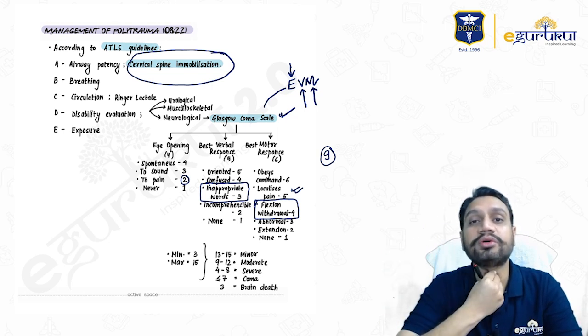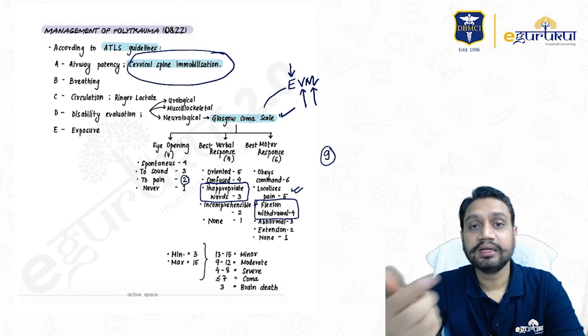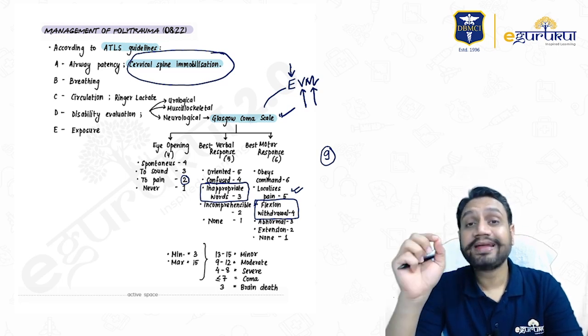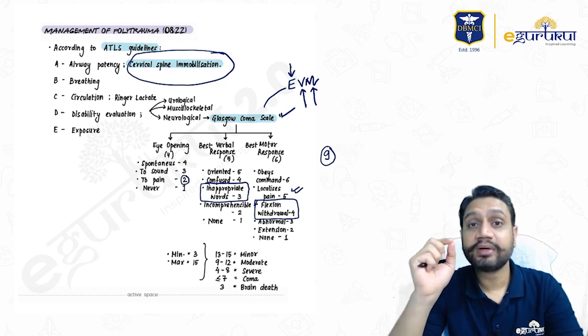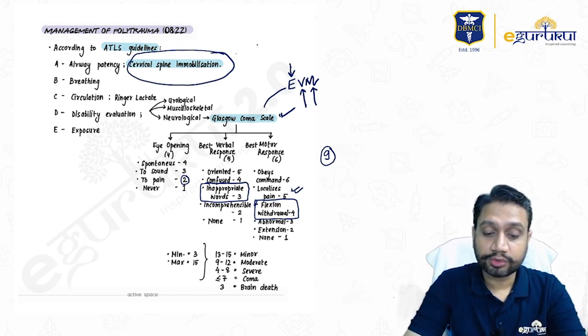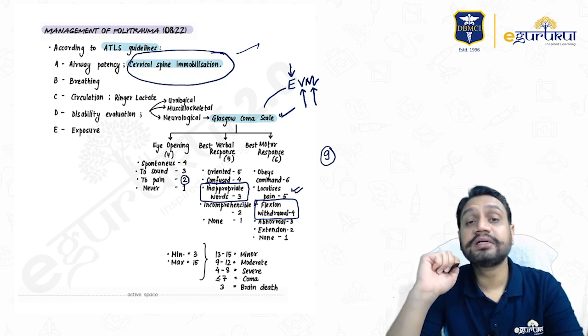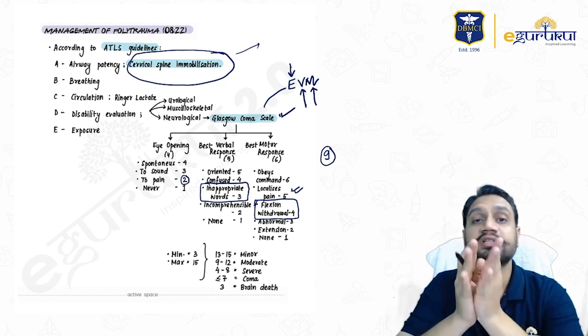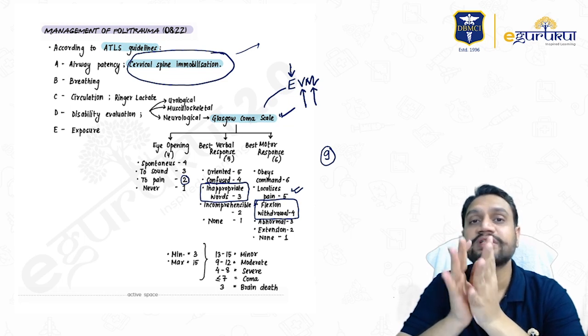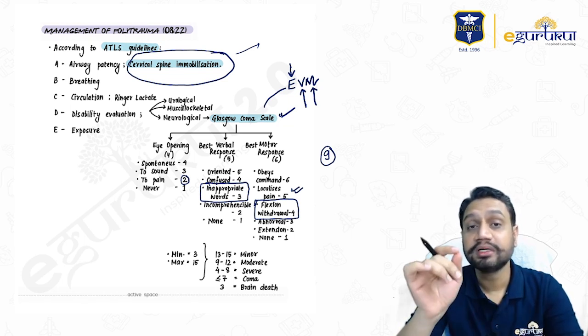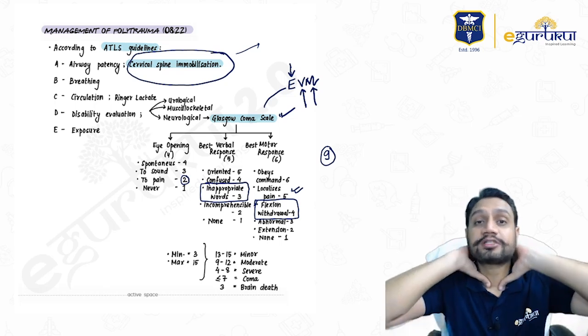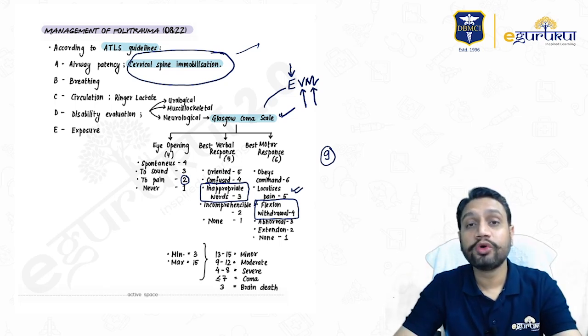If my airway is choked, I cannot speak. Simple. So airway with cervical spine immobilization. Remember, it's a very, very important point. Sometimes they ask you a question in relation to this also: the patient has an injury to the cervical spine, and after the injury, the patient develops quadriparesis. What is the first step in the management of this patient? Remember, the first step would be to block the cervical spine, then and there only. Don't wait for the radiologist.